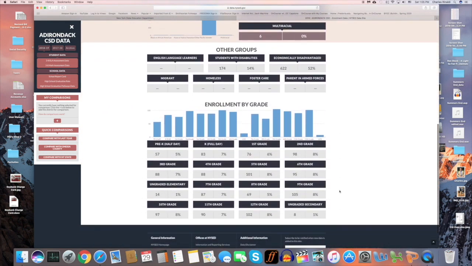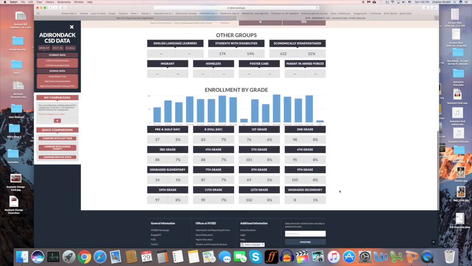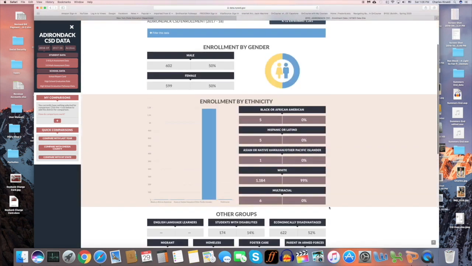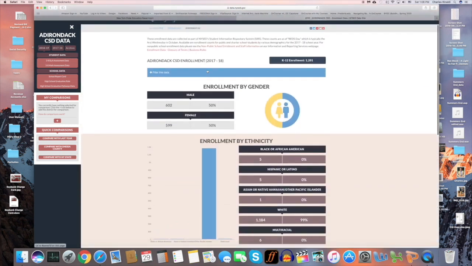And here is our enrollment numbers by grade for 17-18. We will capture that as well, so we don't have to come back here. Okay, so that's 17 and 18 data that we need. Now we need 07-08. And to find that, you have to go over here to the archive. And the assignment has been structured in such a way that you recognize that there is an archive and you can go back in time, not just the 2 years listed, 18-19 and 17-18. So go to the archive,